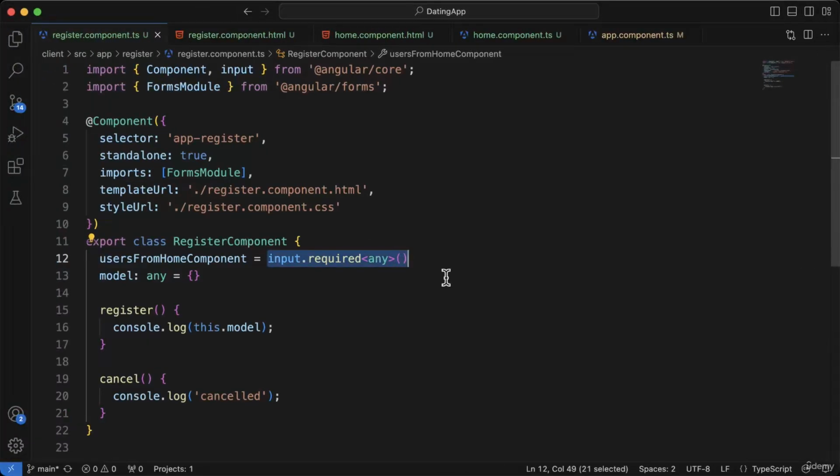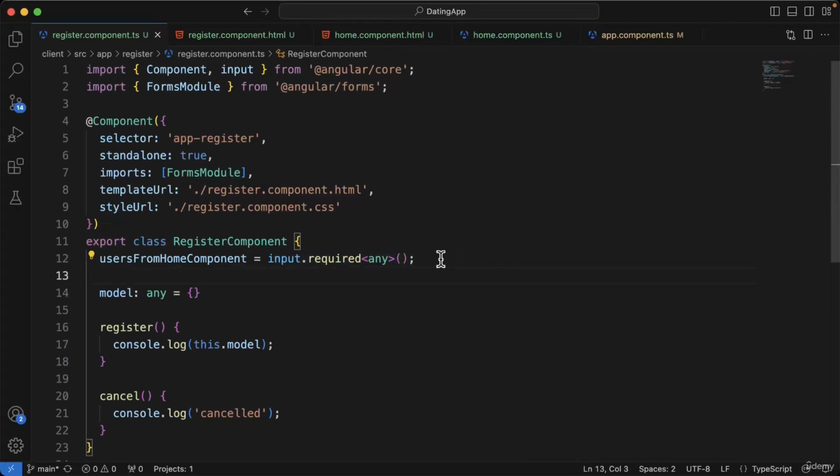So for parent-to-child communication, we use an input property, and going the other way, of course, it's going to be an output property. So let's do that. And once again, we've got two options now. And I'm going to show the old way of doing it first, because you're still going to see plenty of older Angular code. And when I say old, I mean literally before 17.3 or 17.1. It's new at the time of recording in May 2024, but the old way of doing this,